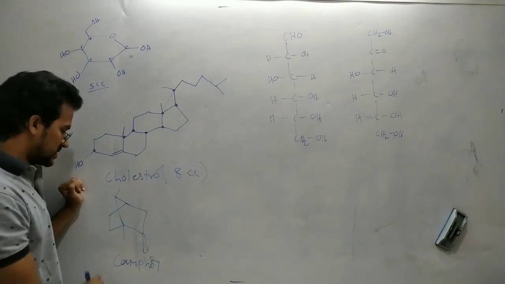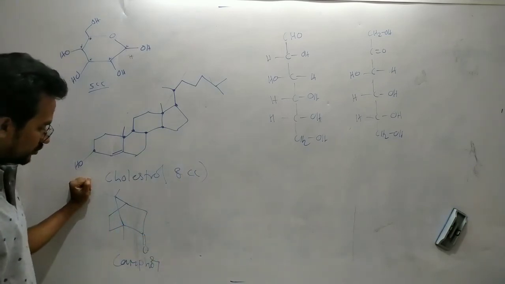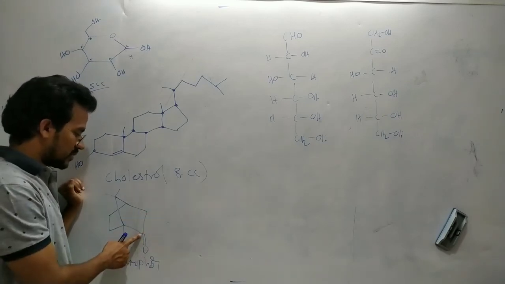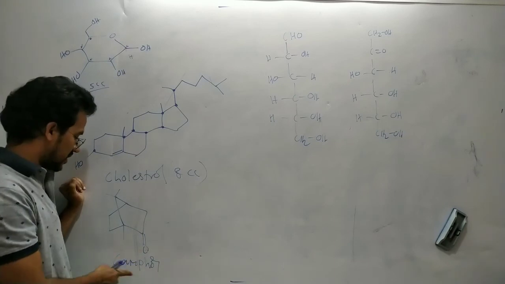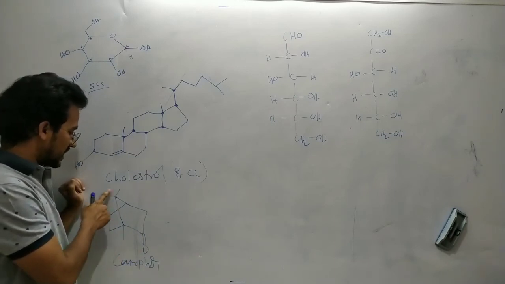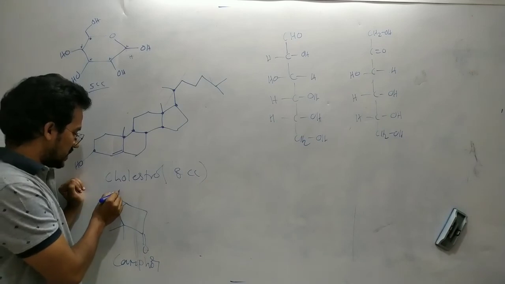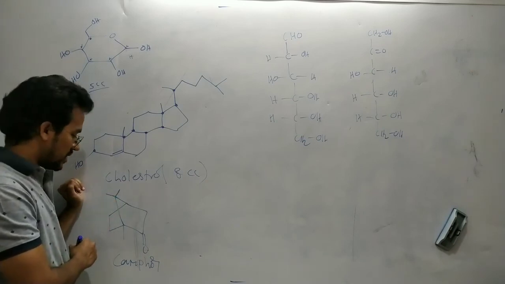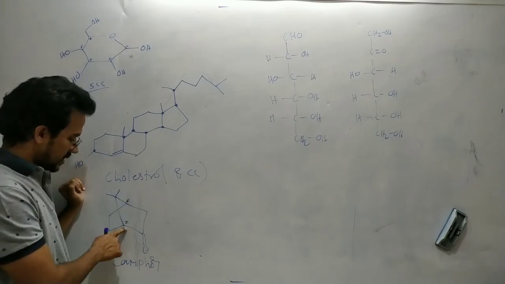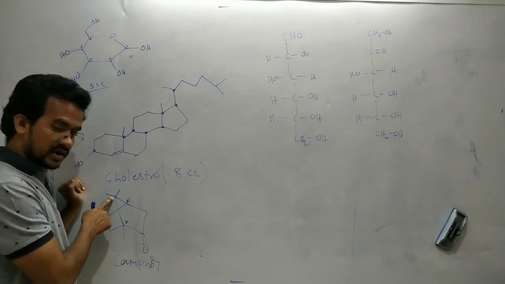Next here camphor. How many chiral carbons does this one have? CH2, it's not a chiral carbon. sp2 carbon, it's not a chiral carbon. CH2. Now here, this carbon is attached to the methyl and methyl, this methyl and this methyl. It's not a chiral carbon. And finally, this is one chiral carbon, this is one chiral carbon. This carbon is attached to the methyl and this is the one quaternary carbon.